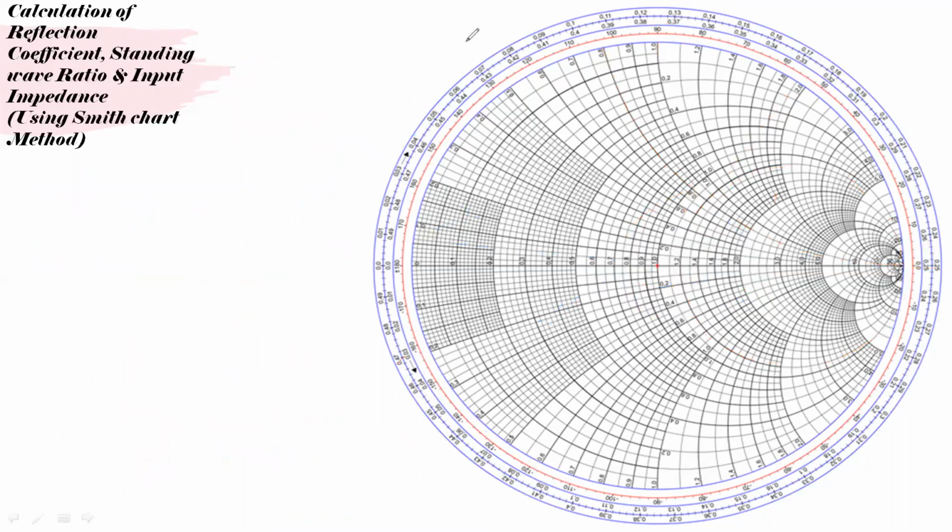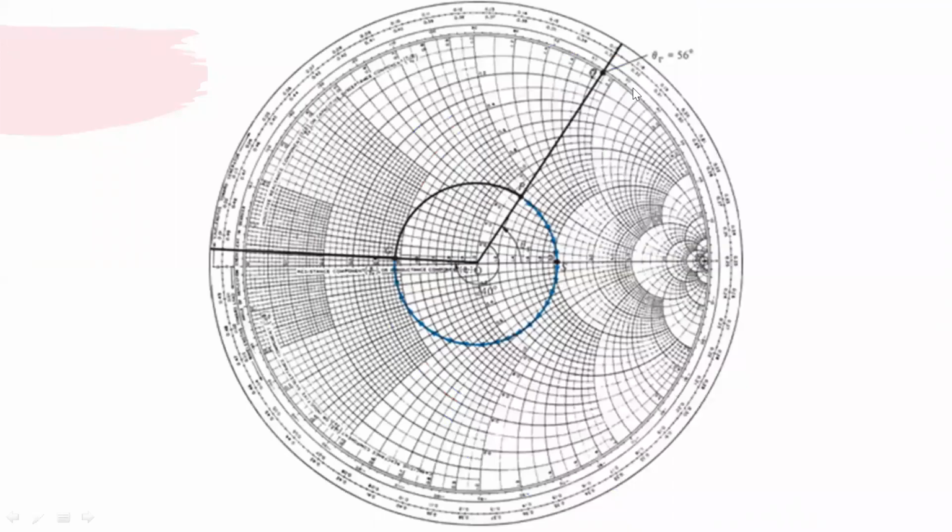Okay, in the next slide, let us see the same graph from the textbook. First you need to put the normalized load impedance. With the reference of OP, you extend to the outer periphery point Q to get the angle theta gamma. Then the ratio OP by OQ gives the magnitude of gamma. You can change it into polar form, and you will get gamma equal to 0.195 plus 0.29j.